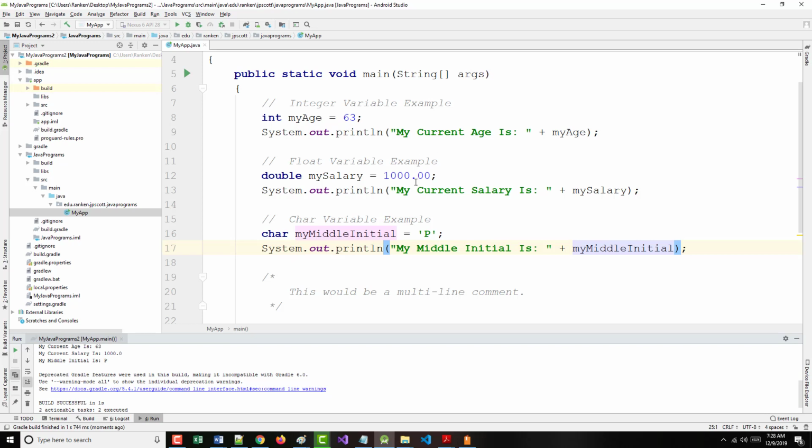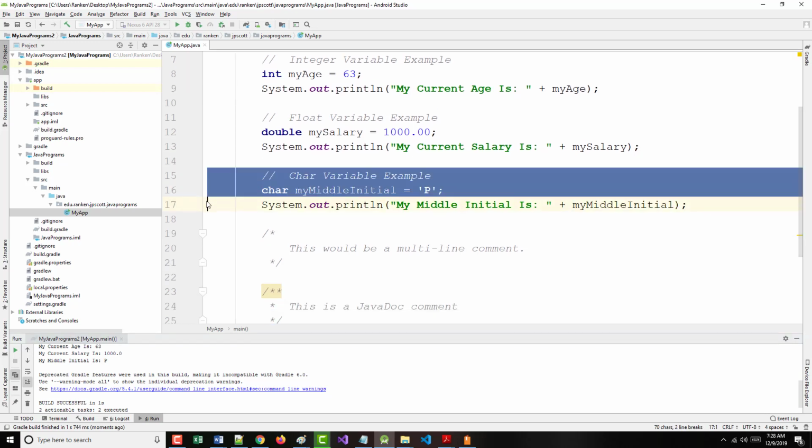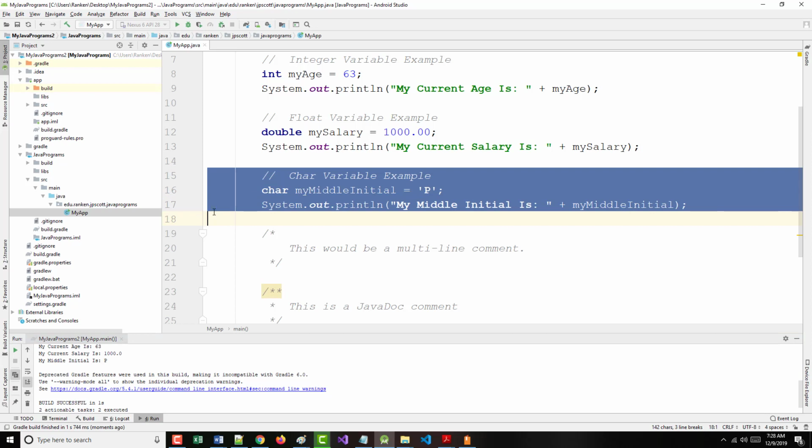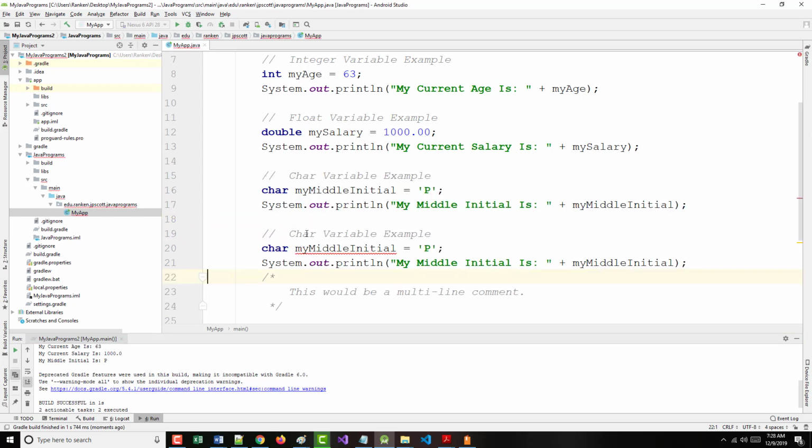All right, so the only one I have not shown you is a Boolean, and I'm going to show that to you right now. So again, this will be a Boolean variable example, and I'm going to call it my marital status. Notice if I set it to Boolean and I leave that as P, I get an error because again, it's expecting Boolean and I gave it a char. It expects a Boolean to be true or false. So my marital status